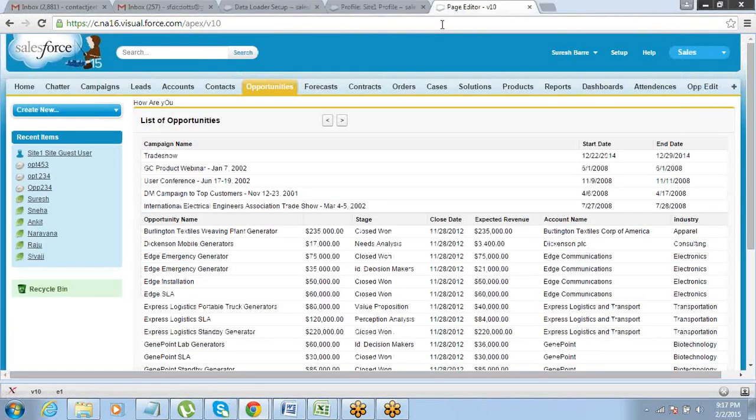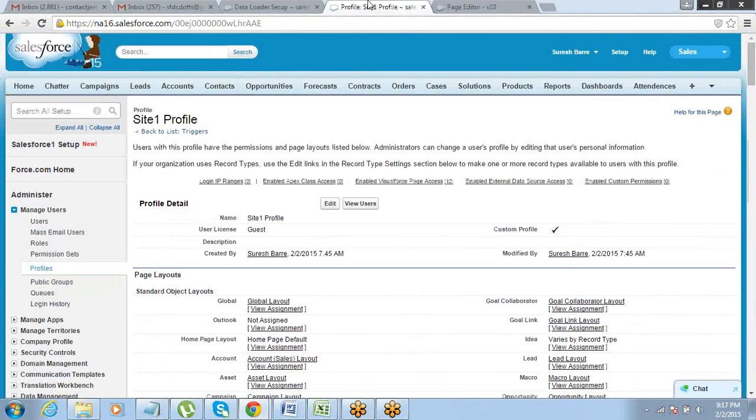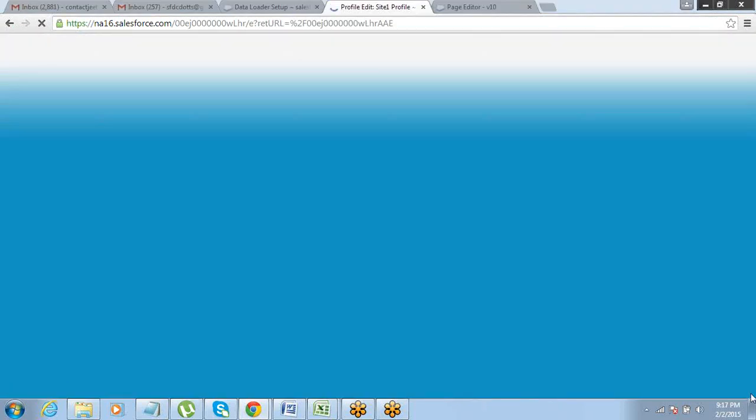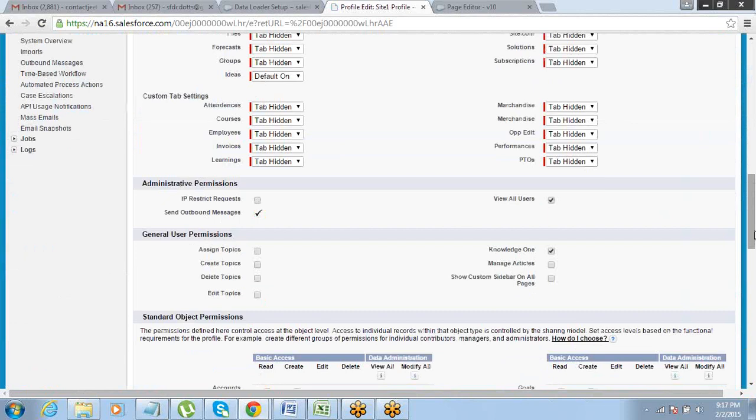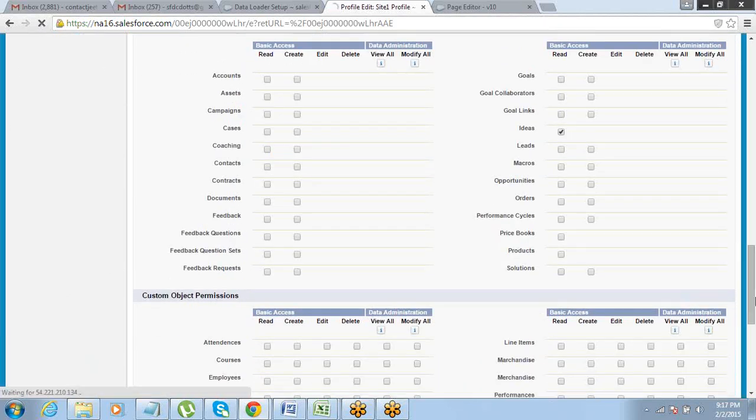Okay, opportunities is what I am displaying here. So you have to go to public access settings and make opportunities visible. At least read access needs to be given on opportunities, otherwise that will not be visible. In public access settings, you will see that it's more like a profile only.